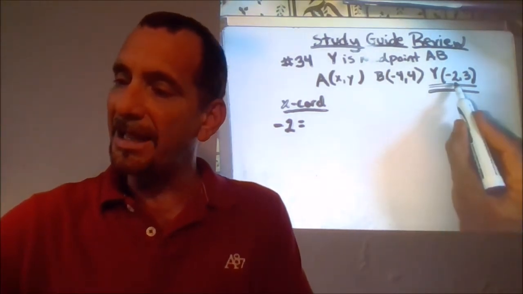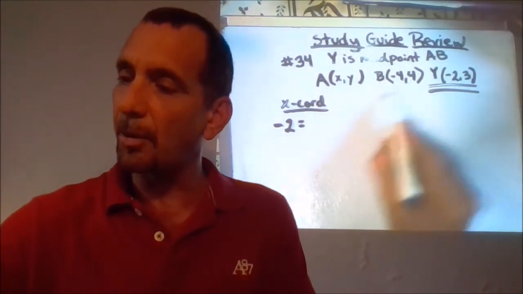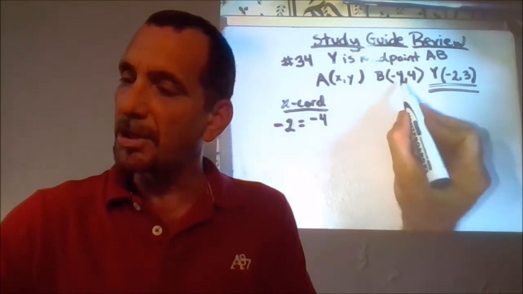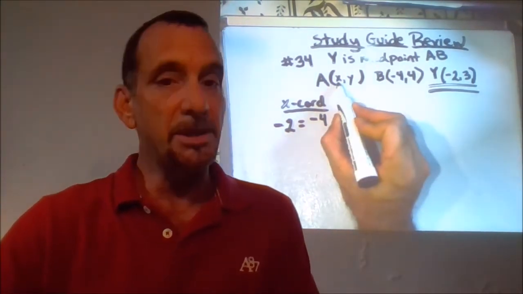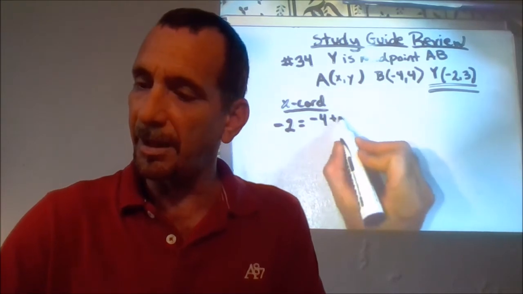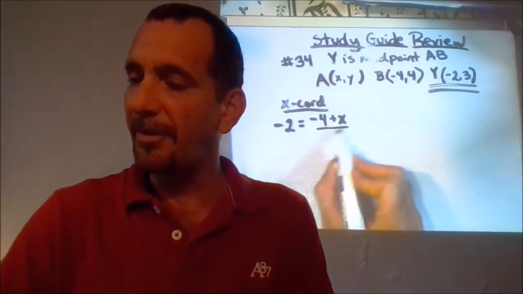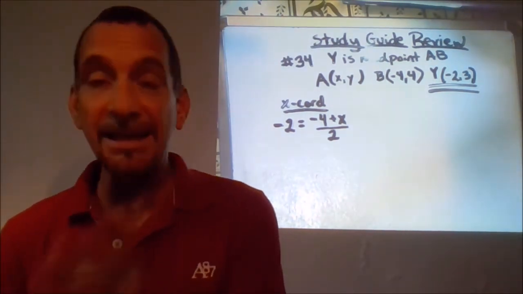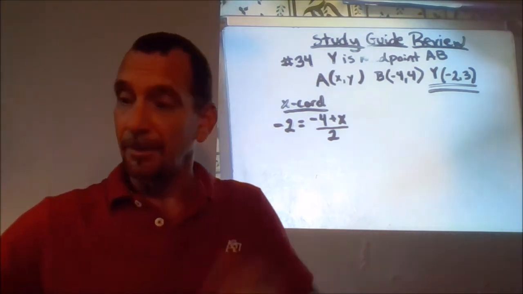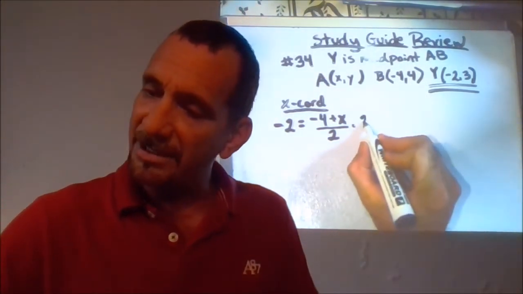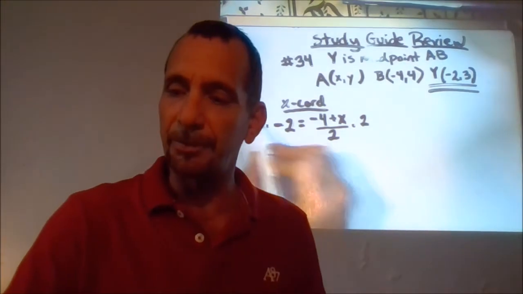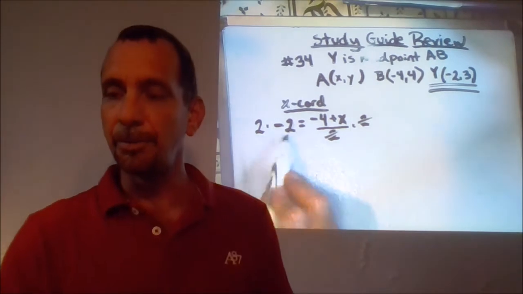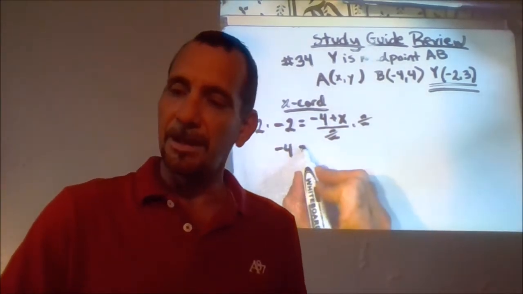And so we've got -2 equals, and now I can start working with my endpoints. It's the average of the x's, which is -4 plus, we don't know what that one is, so I'm just going to keep it there, plus x, divided by 2. Now we've got this interesting equation that we can easily solve for because we've done it once. We know that to get rid of that 2 in the denominator, we have to multiply both sides by 2. And that's what we'll do. And we'll get a -4 equals